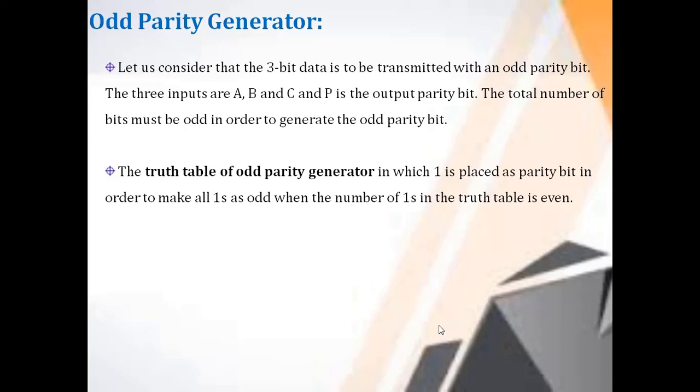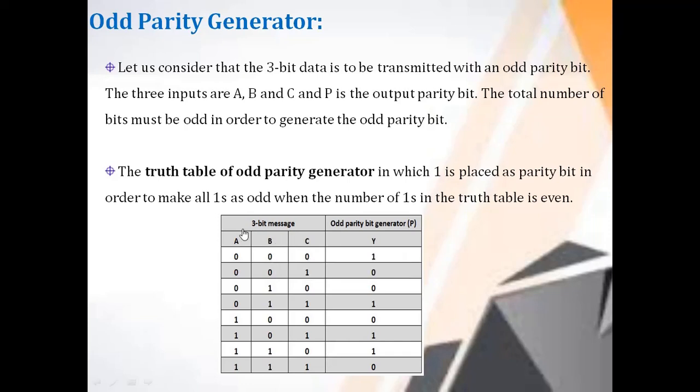In the truth table of the odd parity generator, 1 is placed as the parity bit in order to make the total number of ones odd. So the output of the odd parity generator produces 1 when the number of ones in the message is even, which makes the number of ones odd.